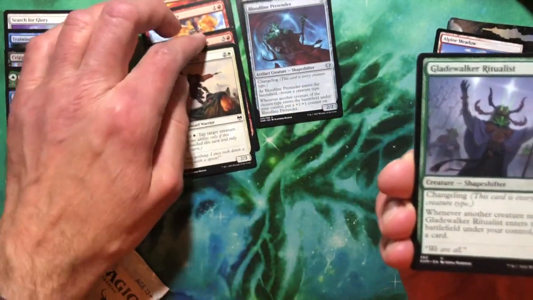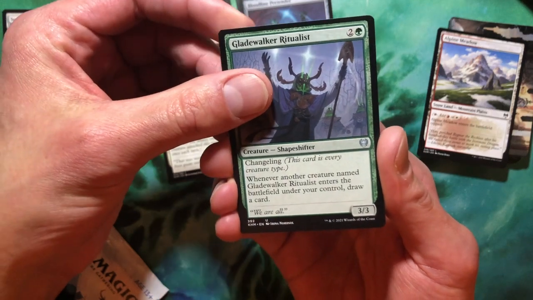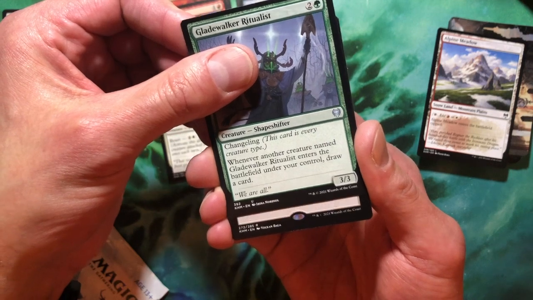And our first rare is an uncommon, I think. Wait, 3, 4, 5, 6, 7, 8, 9. Yeah, first rare is an uncommon. Gladewalker Ritualist, another changeling, and when another creature, well, that doesn't matter in our format. So let's see, our first rare is a rare. It is